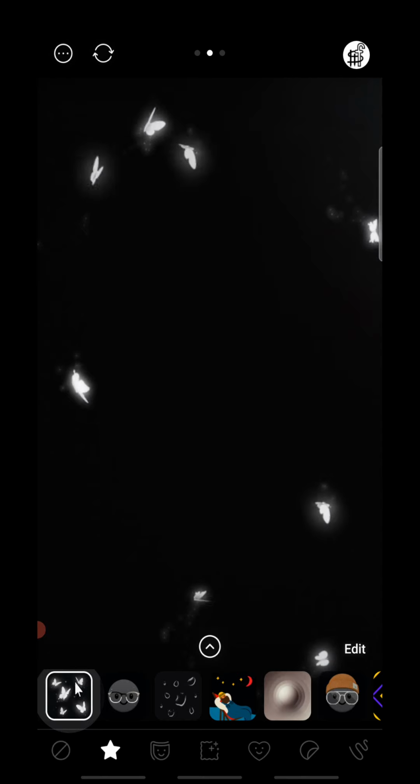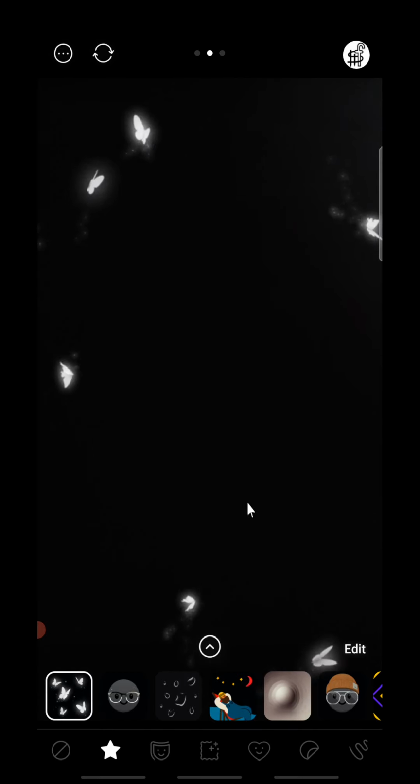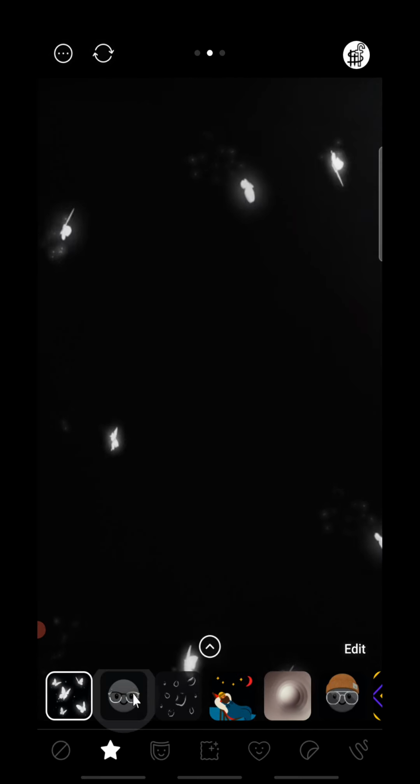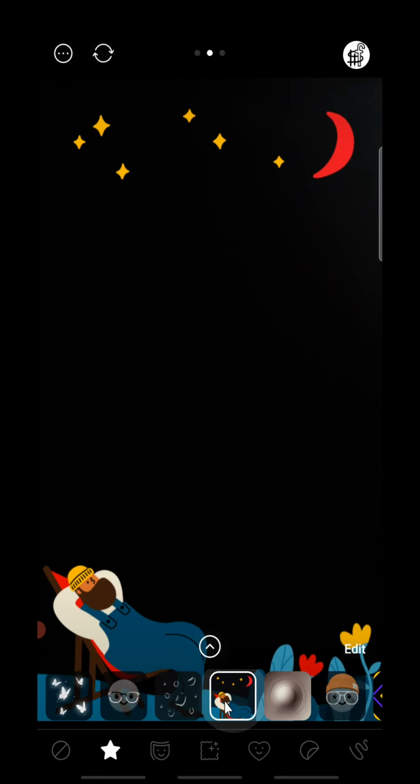So let me show you some more settings. See here, you can see real time during live you can generate butterfly effects, or here you can wear sunglasses, here another glass and rain effect, here a chill person.